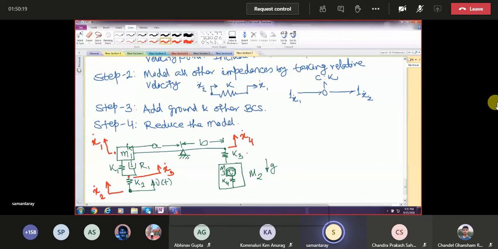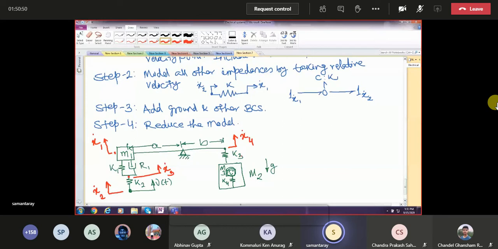That means x1 dot is not equal to x4 dot. That is what I mean by distinct. But we know they are not independent. If we are doing a Lagrangian formulation, we have to choose independent coordinates. Then x1 and x4 simultaneously cannot be coordinates. But we are not talking about independent coordinates or independent motions. We are talking about distinct. Distinct means the values are different. That's it. So x4 dot is distinct.